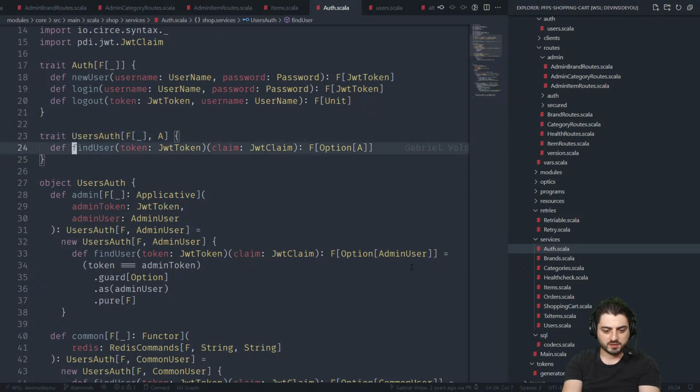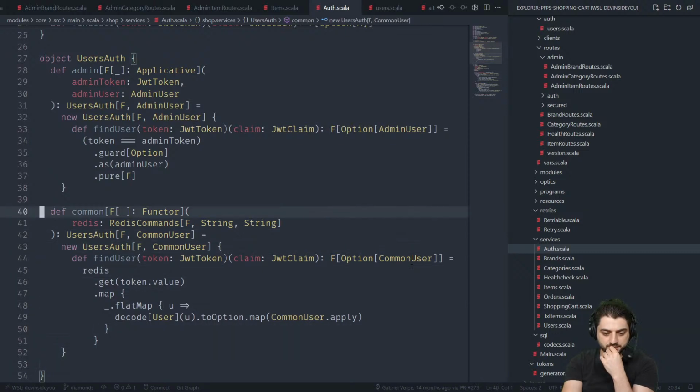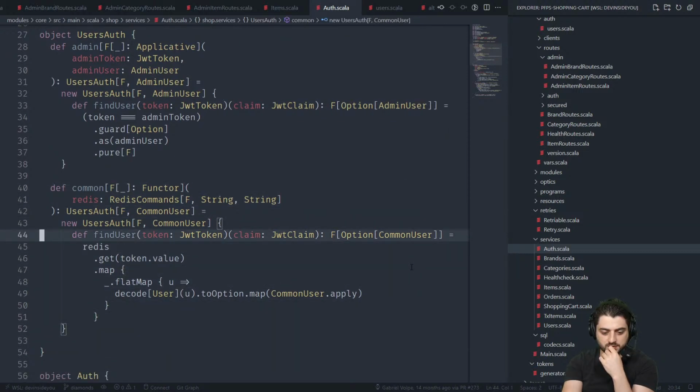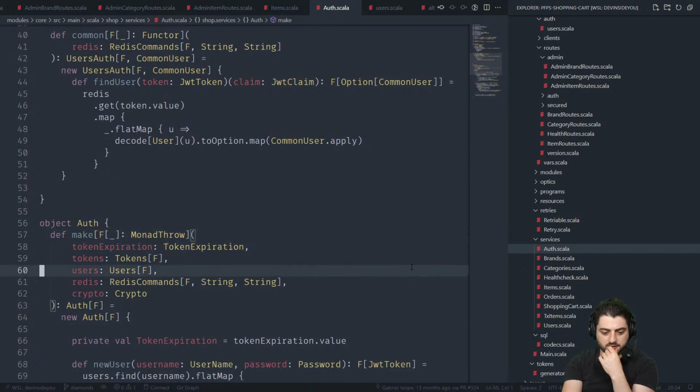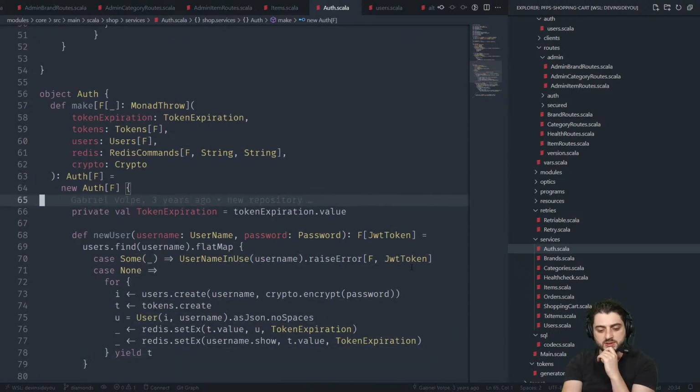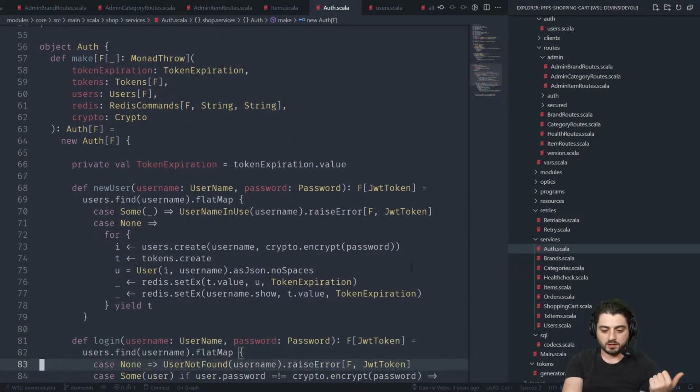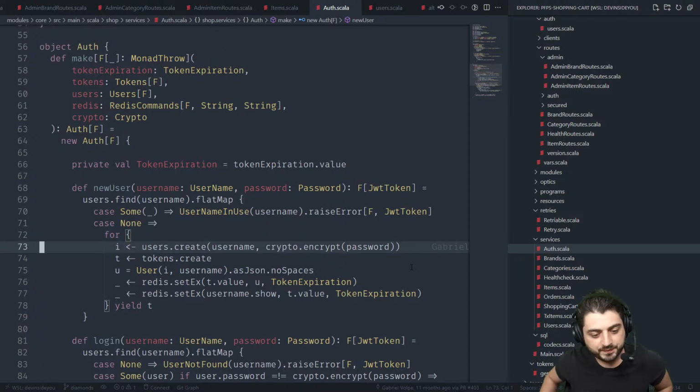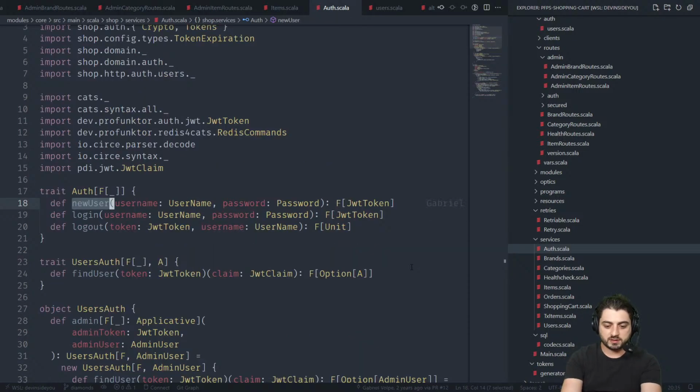User auth, find user. Yeah, maybe we can start with that one. There's also find user, authentication. It would be really a shame, you know, if we introduce this whole thing and then there's like nothing in the core. In fact, in that case, we will get an even greater speed bump. But still, okay, so over here, users dot. Oh, okay. So this is interesting. Okay, so new user, this is probably the fun one. Okay, new user, exactly. You just give it a username and password, and it gives you a